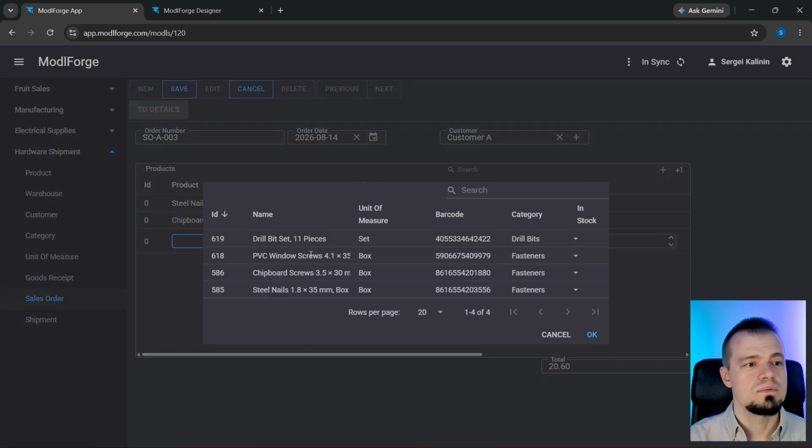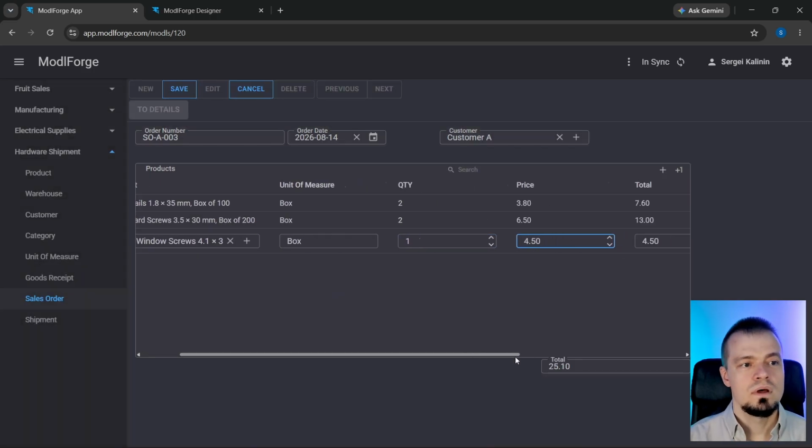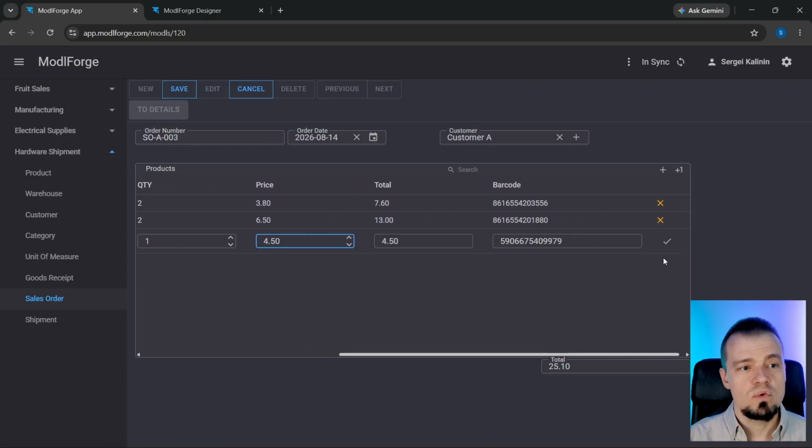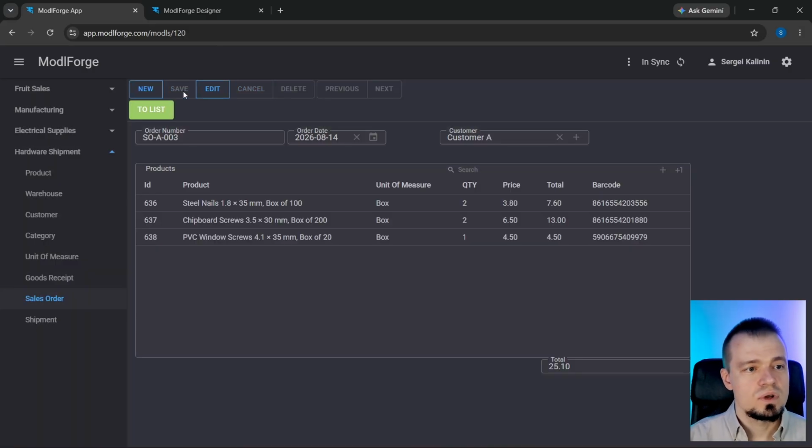And 1 box of PVC window screws at $4.50. The total for each line and the overall sales order total are calculated automatically according to the expression I set up in the designer. I save the sales order, and once the order is ready to leave the warehouse, I